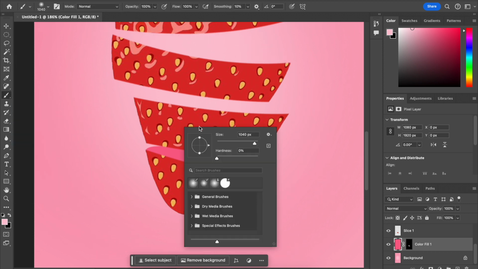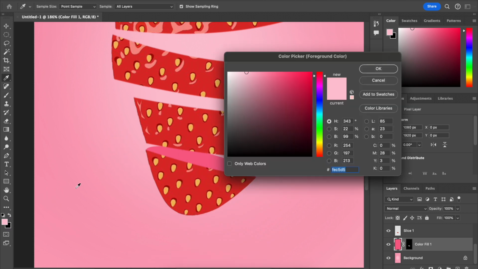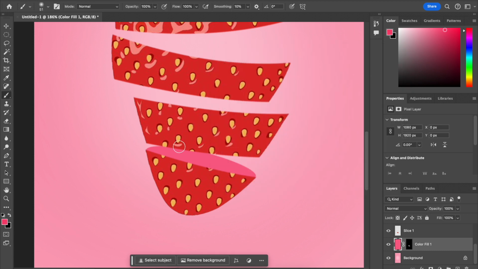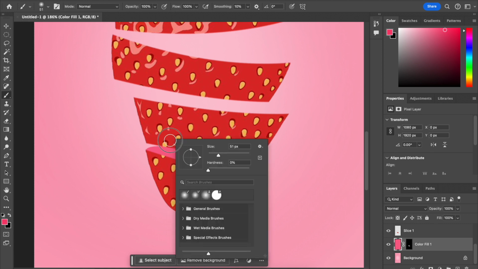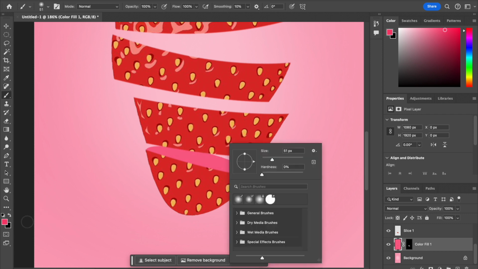Adjust the size into smaller one. Okay, and then you're gonna choose a more prominent pink color, and try to use your mouse to draw something like this. Okay, I think I'm gonna use a more darker pink,